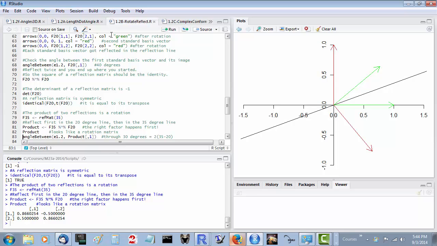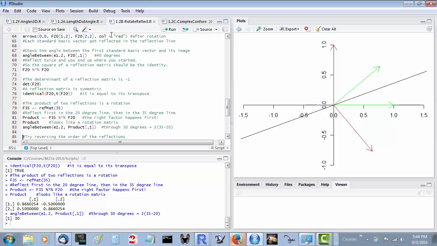Sure enough, that's a rotation matrix, and we can figure out through what angle by just asking for the angle between the first column and the first standard basis vector. It's a rotation through 30 degrees. 30 degrees, conveniently, is twice the difference between 35 and 20 degrees. When you reflect successively in two lines, you get a rotation through an angle that is twice the angle between